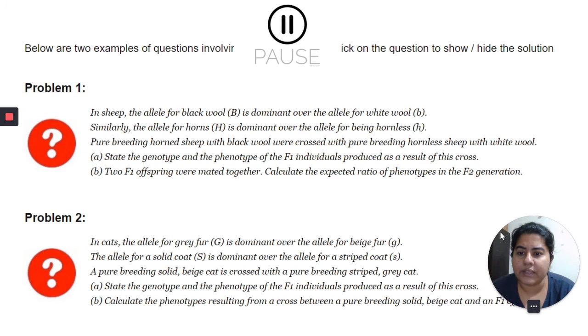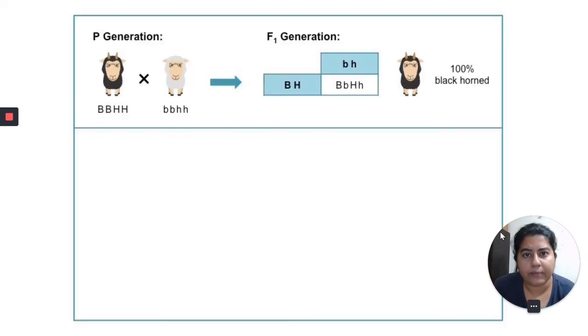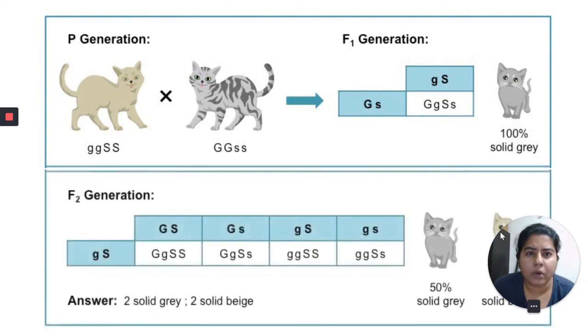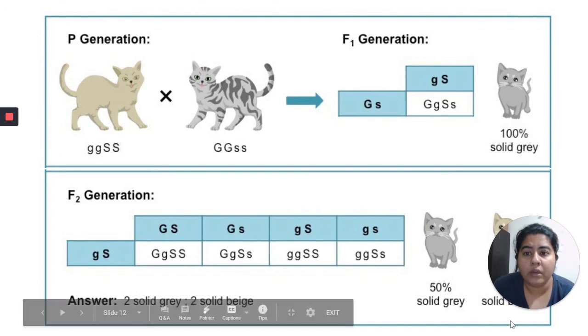Okay, I'll go to the second question about grey fur and beige fur being one characteristic and the other being solid coat or striped coat of the cat. Again, you'll calculate the possibilities of gametes of the parents, find F1 and F2, genotype, phenotype. So this is the parent generation with their genotypes. You predict their gametes, get the F1, cross one F1 with the other. Look over here, the same gametes have not been written again and again.